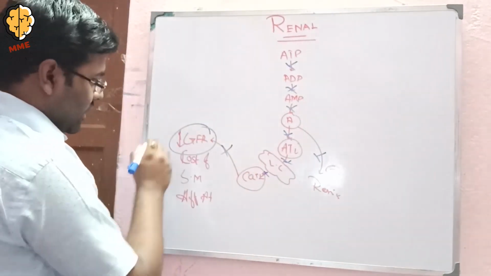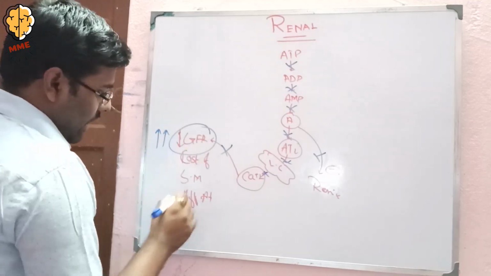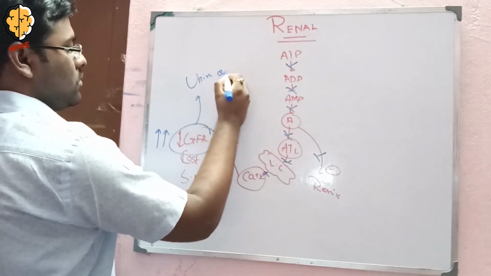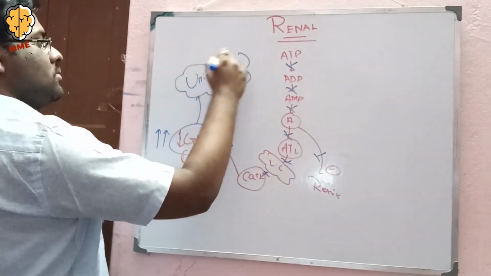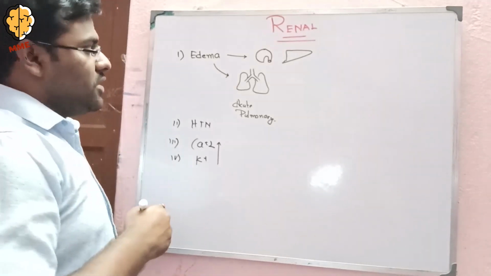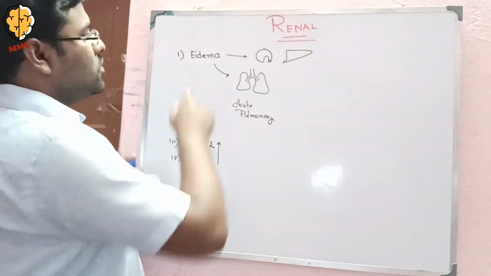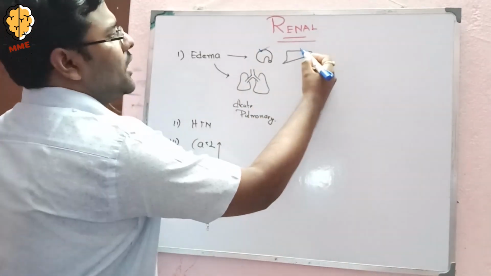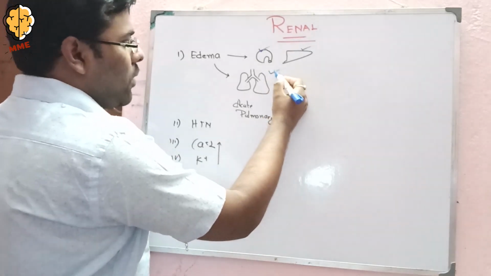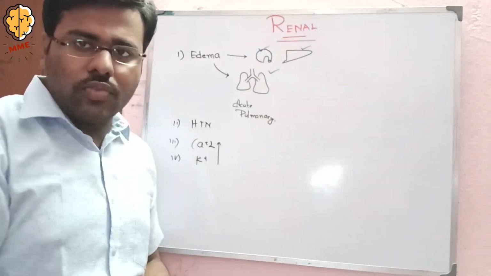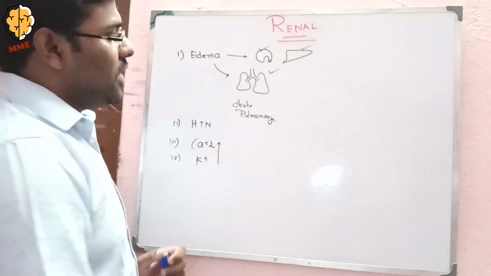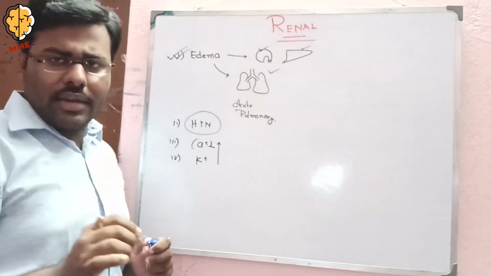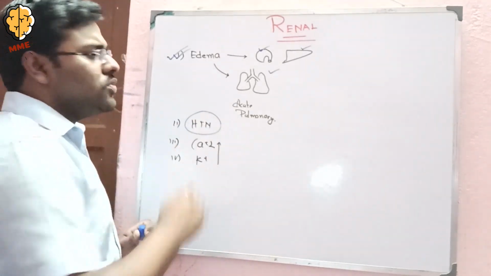So GFR will not decrease, the GFR is increased, and the constriction has not occurred, so the urine output gets increased. Coming to the uses of furosemide, it can be used in edema of any cause, like renal edema, hepatic edema, and acute pulmonary edema. It drains all the edematous fluid through the urine by increasing the GFR, and that helps in edema. In hypertension, it is a second line drug, but it can be used.